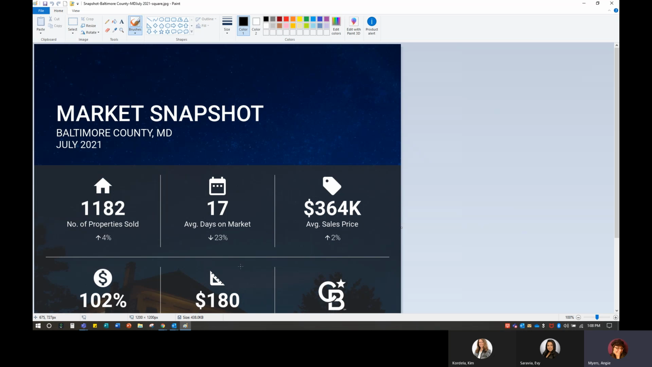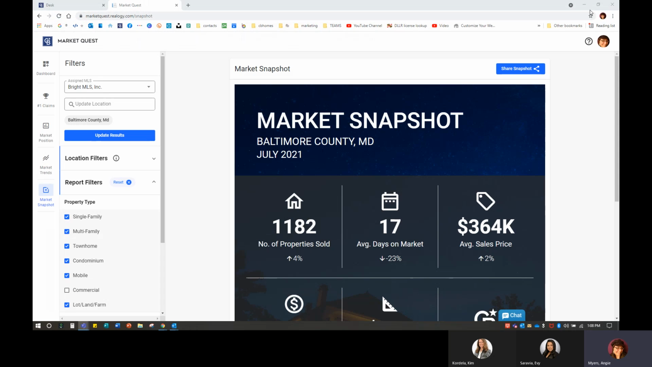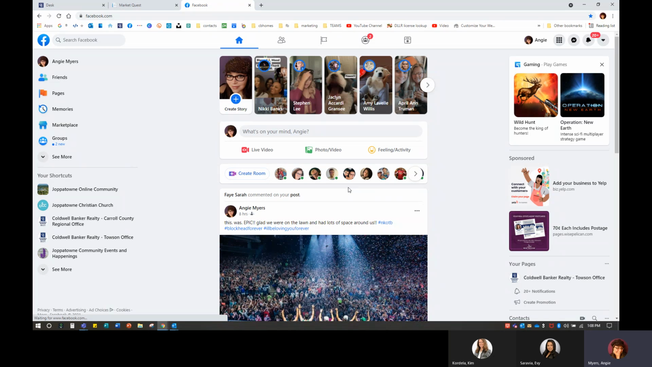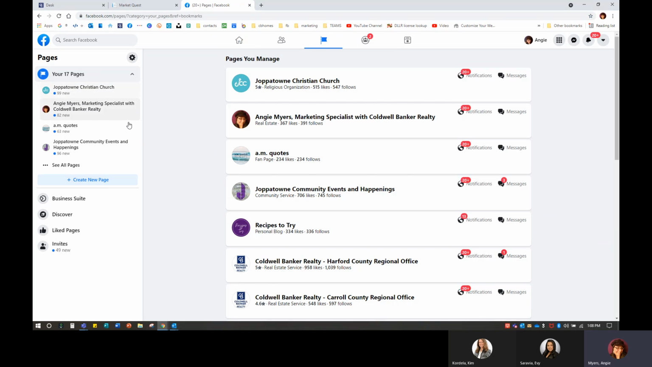Mine pulls everything up in Paint. So here I can see this snapshot, and then I just want to save it to my computer where I'm going to know where to find it. I already have some saved on my computer. So then we're going to jump into Facebook, and we're going to open up our business page. And I do apologize. Facebook is a little bit slow today. So here I'm going to go into my business page,